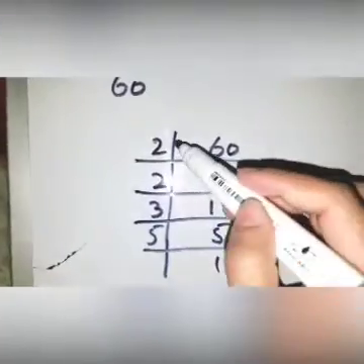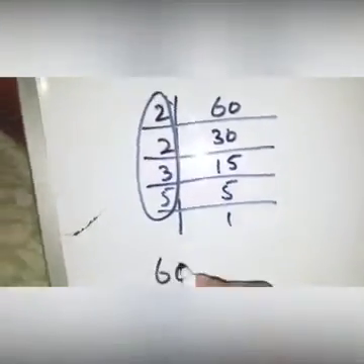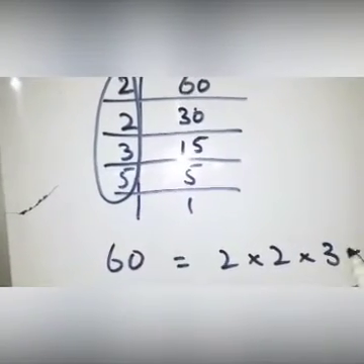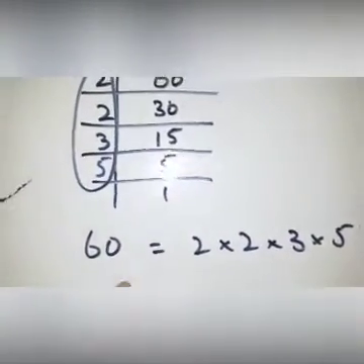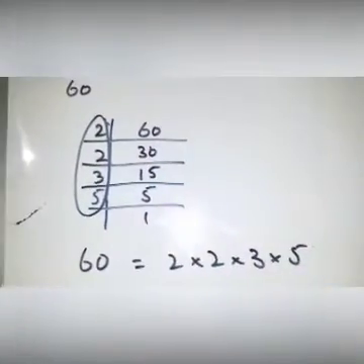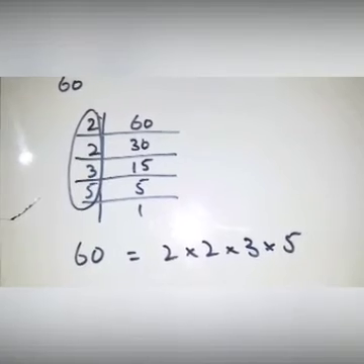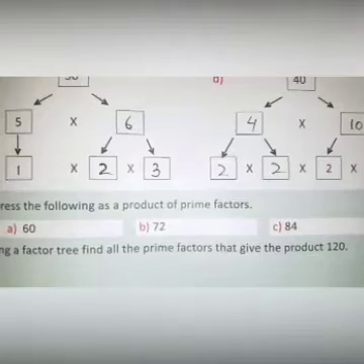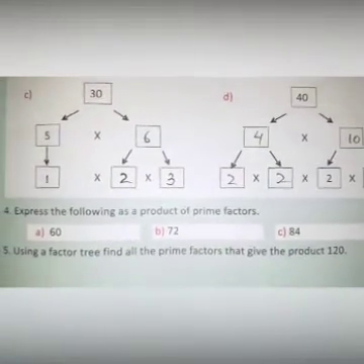You have these prime factors of the 60. 60 is equal to 2 multiplied by 2 multiplied by 3 multiplied by 5. These are all the prime factors of 60. You can see that questions you will not mark like this. That is the answer of your question. You have to do it on your neat copy. Now the parts B and C are also the same as question number A. You have to solve these 3 questions on your neat copy.